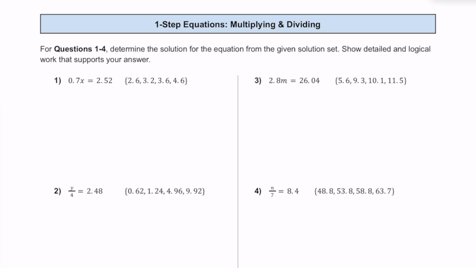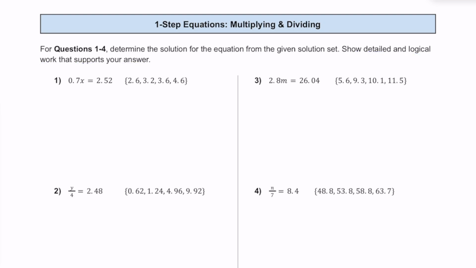Let's practice solving some one-step equations that have multiplication and division for the operations. For questions 1 through 4, let's determine the solution for each of the given equations. We're going to be given a solution set, so we're looking for the correct number that makes the equation true out of a few different numbers that we are provided with. We're also going to make sure that we show some detailed and logical work that supports our